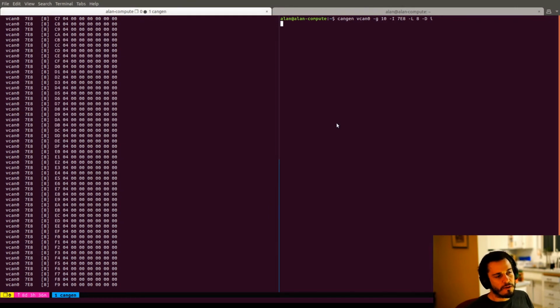Another use case for CanGen, first let me stop this, is to send periodic messages. If you already know what message you want to send, so you don't want to increment the data portion, you use -d and, let's say, 0.2, and instead of every 10 milliseconds, we're going to send it every second, so every 1,000 milliseconds.